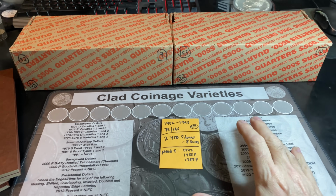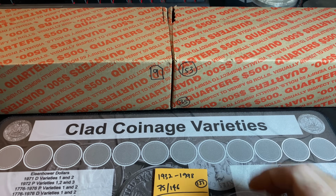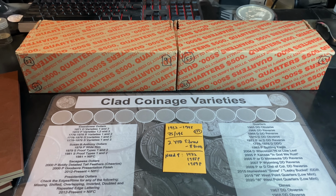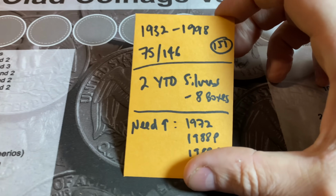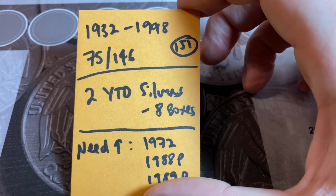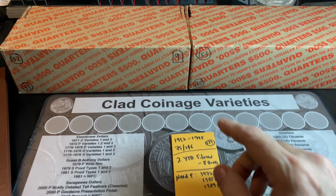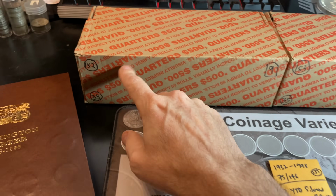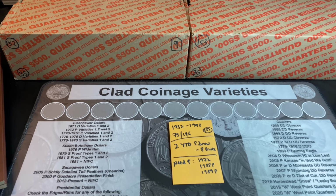We've got a 2-box starting quarter hunt today. I do have 2 more boxes on the floor, but we're going to kick it off with these 2 first and see how we do. Now, we do have 2 year-to-date silver quarters found through the first 8 boxes, and this is going to be boxes 9 and 10 on the year, but it's also boxes 152 and 153 for the Hunt and Fill series,